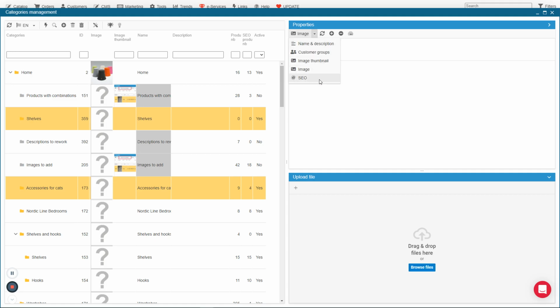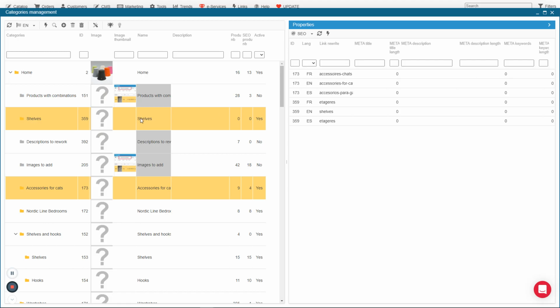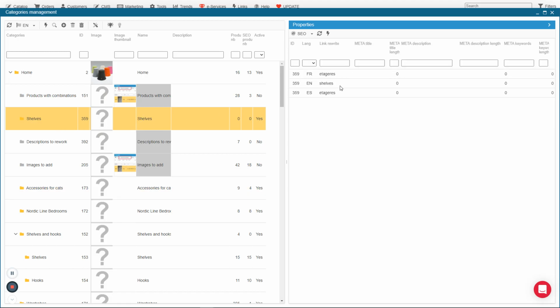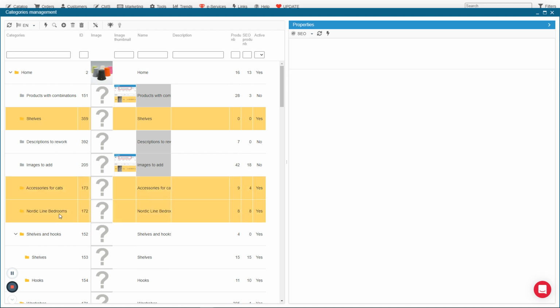And very important, of course, the SEO information. On one category, you can work on meta title, meta descriptions, and also meta keywords. Here, I have also all the three languages or any languages installed on your shop, and I can also select